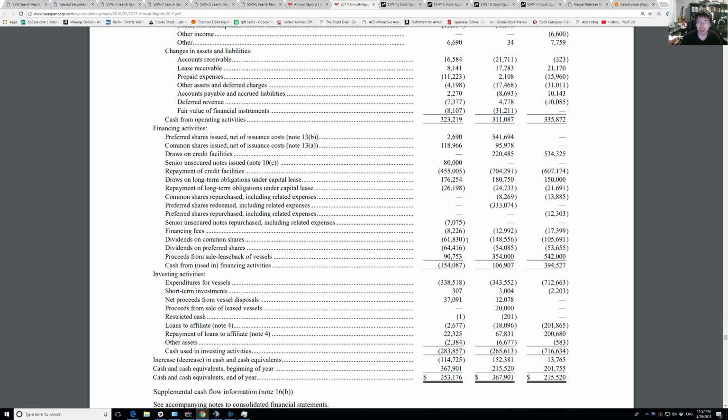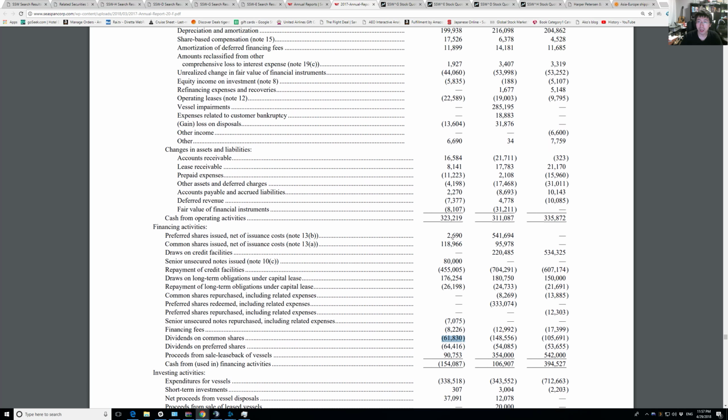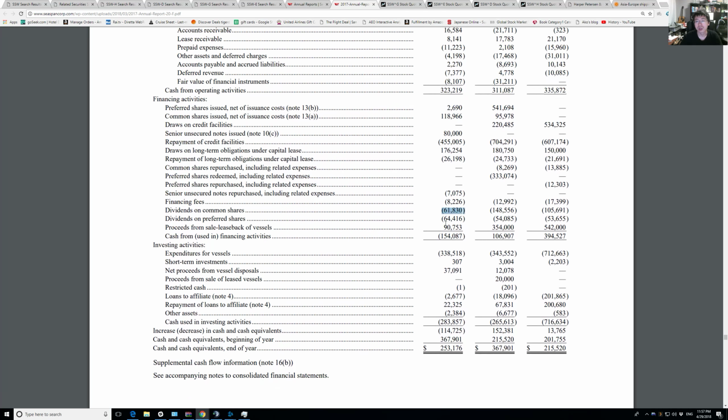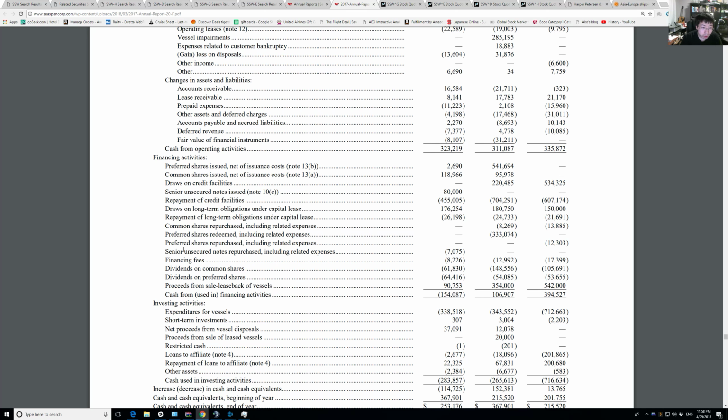So they cut the dividend on common in 2017, so that got much lower, so you actually get threatened a little bit. And also this is going up because it issued more preferred shares. So you always have to keep watching these. When these two added up, and then interest, I don't think they have the interest in here. Nope, no interest in here, but